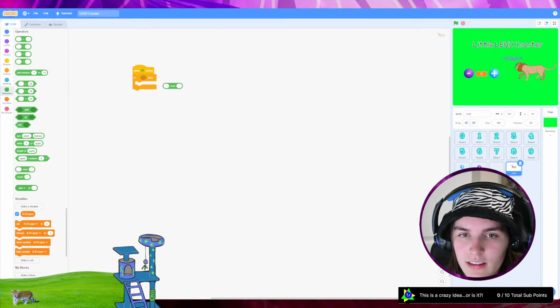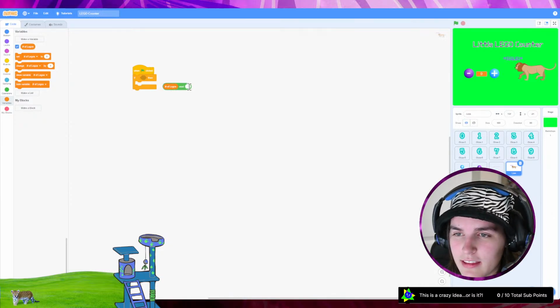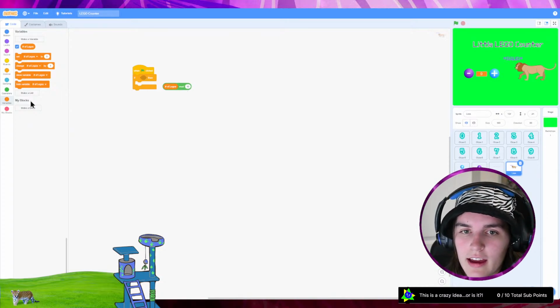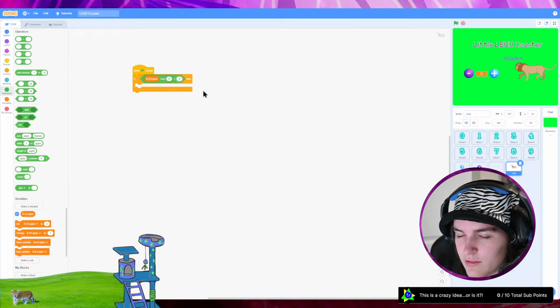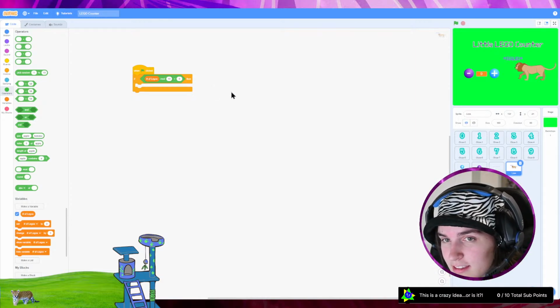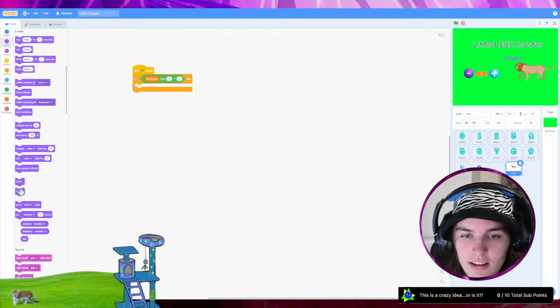Okay, I'm going to go into variables, and I'm going to put number of Legos on the left, and then I'm going to put the number 10 on the right. Okay, and then go back into operators, and I'm going to get an equal sign. So this is what's going to be tested. I'm going to put this whole green part on the left. And then if the number of Legos mod 10 is equal to 0, then this lion appears. Which I think to do that is to hide.